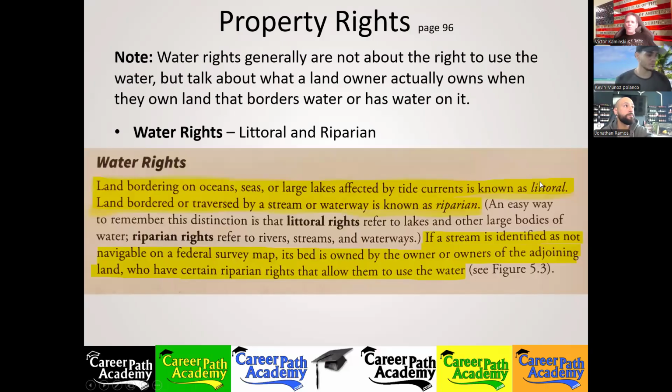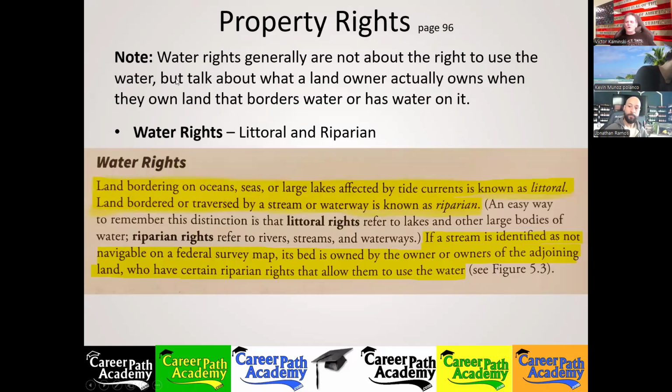All right, now let's learn about water rights. And I'll apologize in advance. Don't shoot the messenger. I'm teaching you some science now. You didn't think you were going to take a real estate class and learn about science stuff, did you? Well, we're going to learn some sciencey terms.